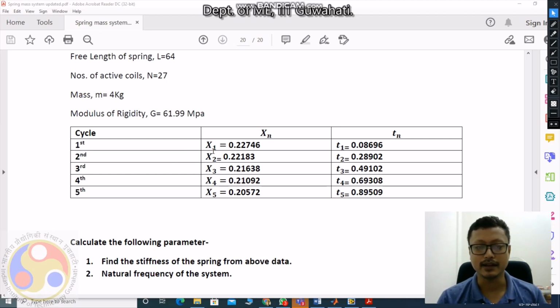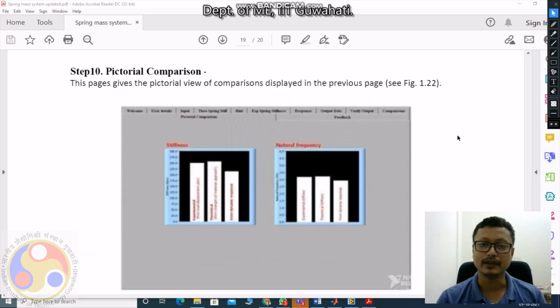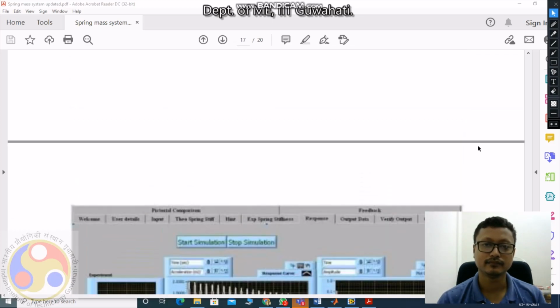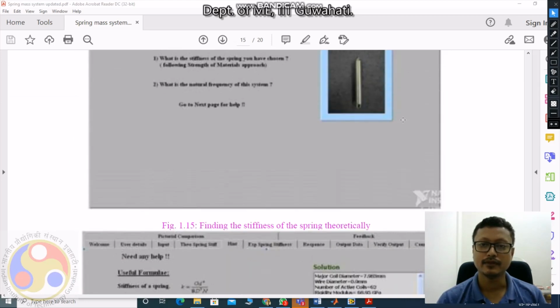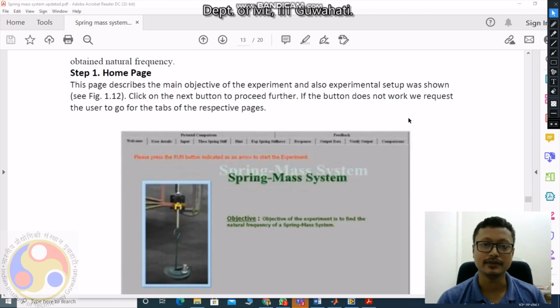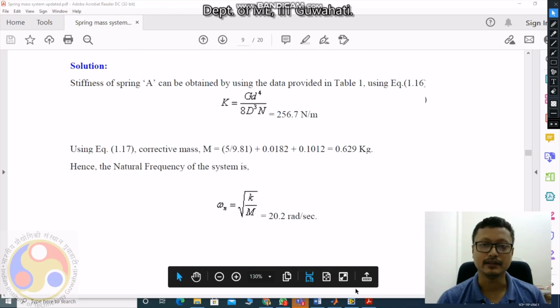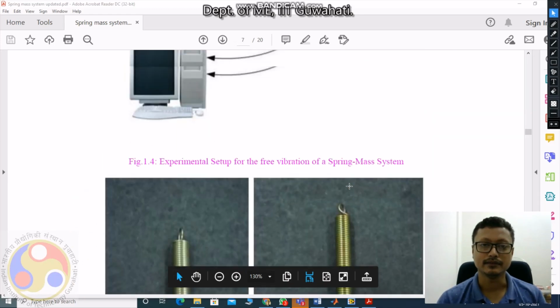The graph that I showed in the previous section of this video, if you go to that video, you will be able to understand what x1, x2, x3, and x5 are. For a clear view, I will go back to that file. From the data we give you at the end, you need to find out the natural frequency of the given spring. Wait for a minute.